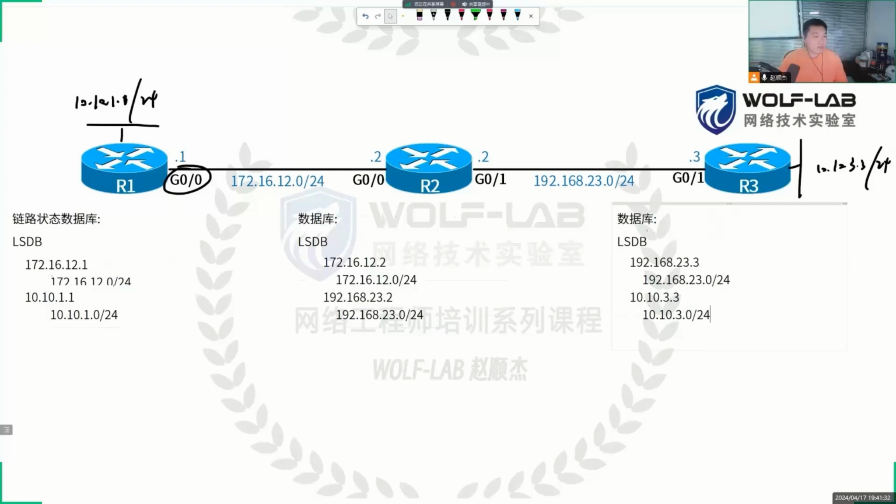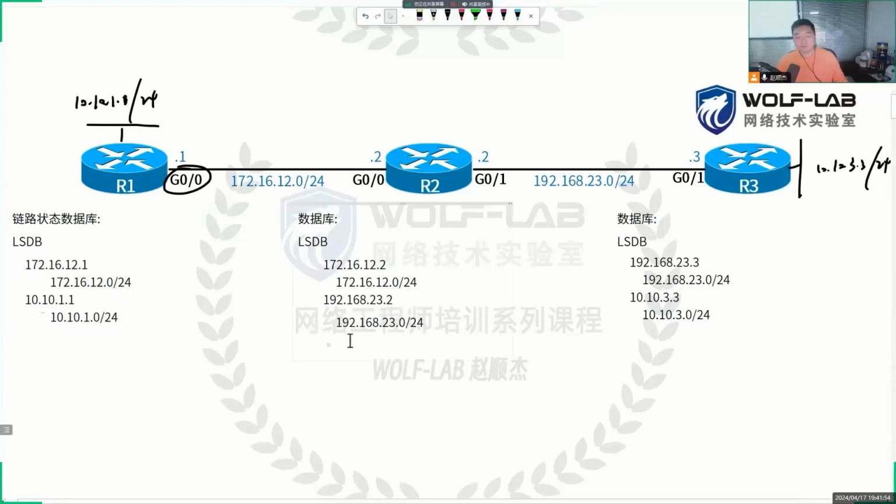Each router will store the link state information of its interfaces in its link state database. Then, at this time, what we exchange is no longer routing entries. Distance vectors exchange routes, while link state protocols exchange link state information. But there's a problem. If R1 just throws its link state information to R2, can R2 understand